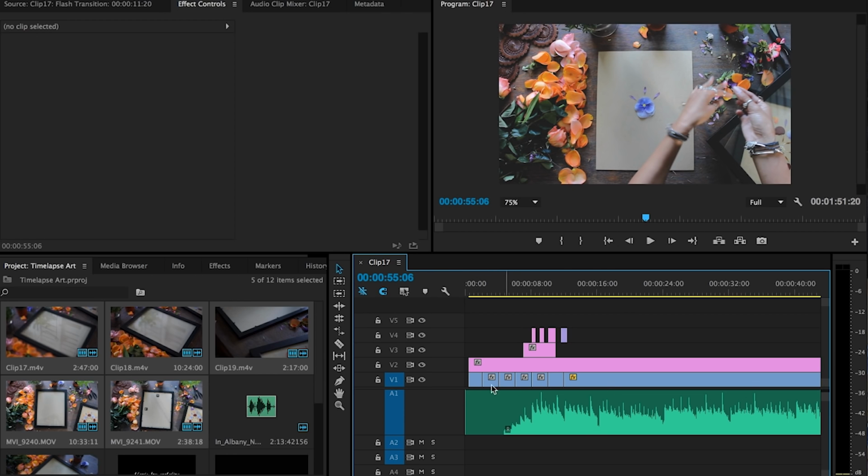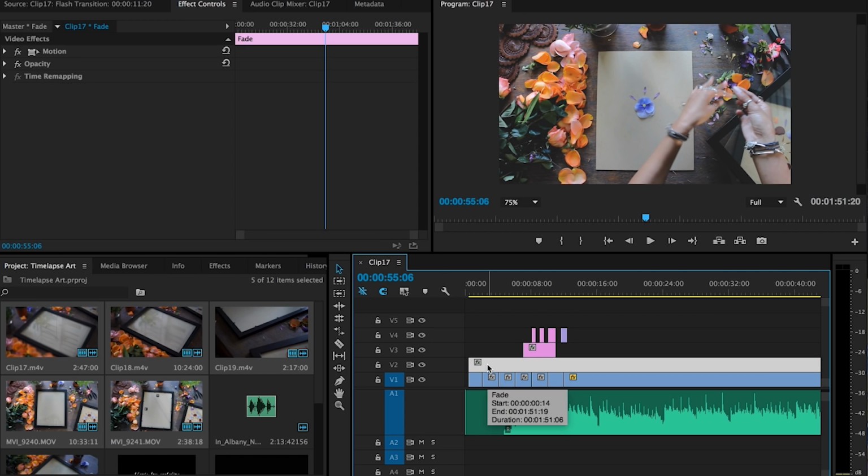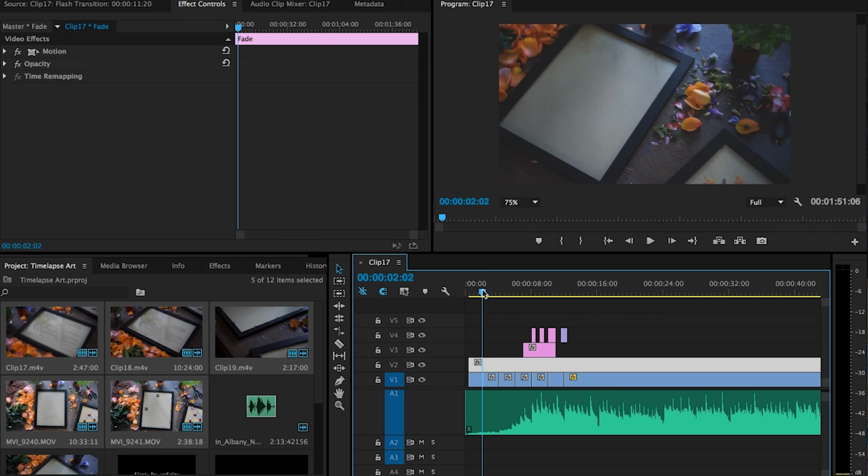So here's the video track, and then on V2, I have what I like to call fade. I get a lot of questions about this, what kind of filter I use on my videos. And I actually don't use a filter. I just use this thing that I call fade, and it's really simple. So you can see right here,